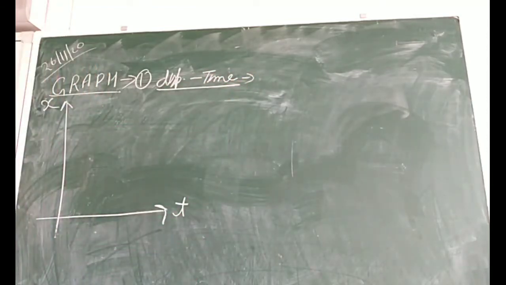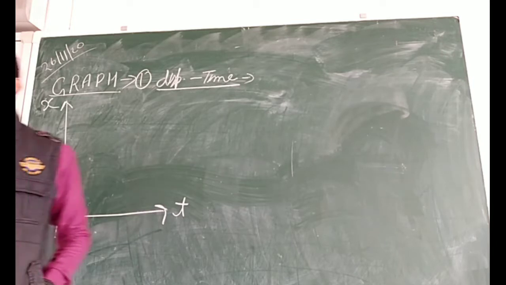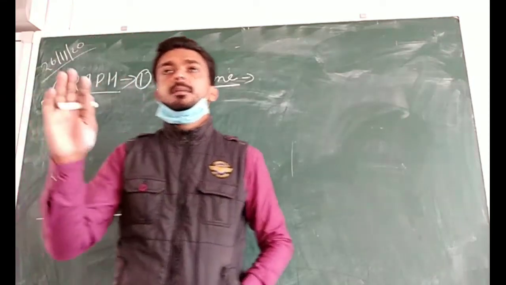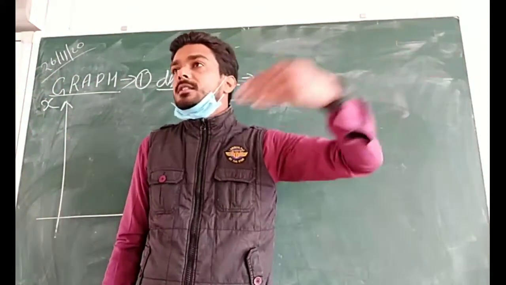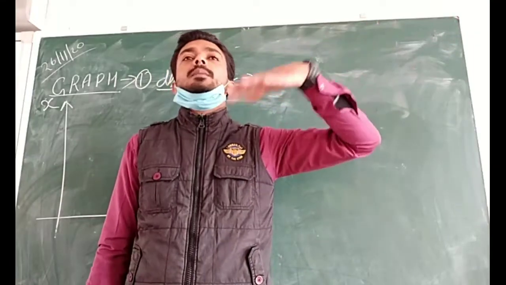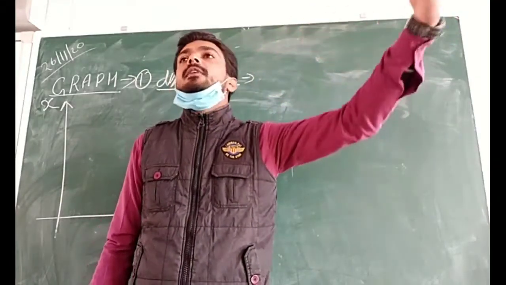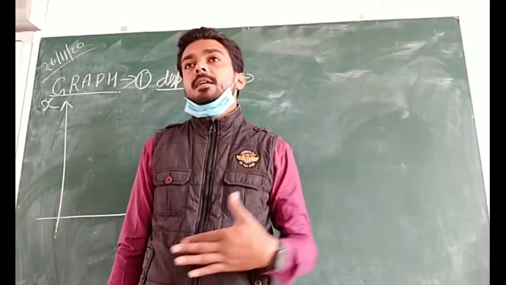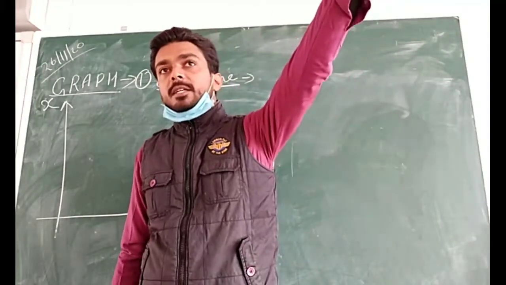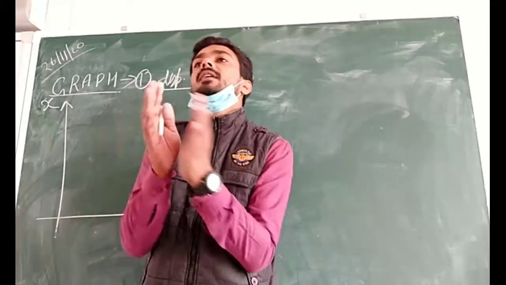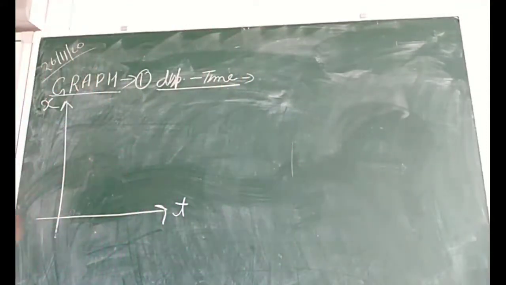Students, in this graph we will observe how distance changes with time, how there is a variation in displacement with time. There may be uniform variation. Suppose somebody is covering equal distance in equal intervals of time. There may be non-uniform variation in the displacement. There may be an increase in the displacement, or a decrease in the displacement. So many variations are possible. Then here, my first graph is this.